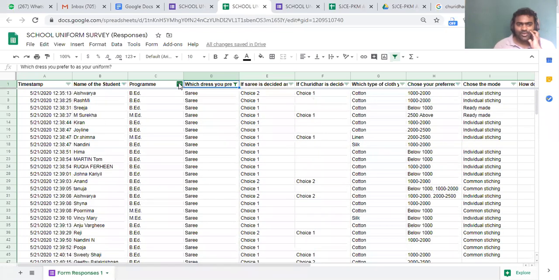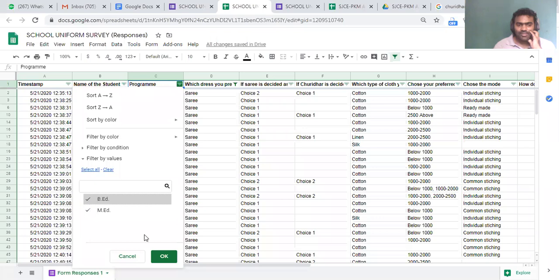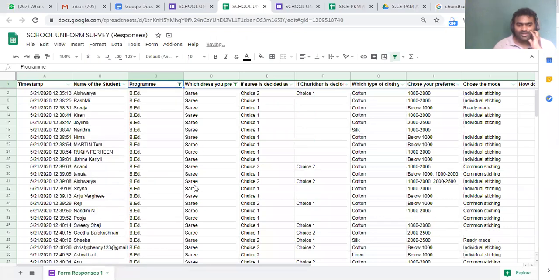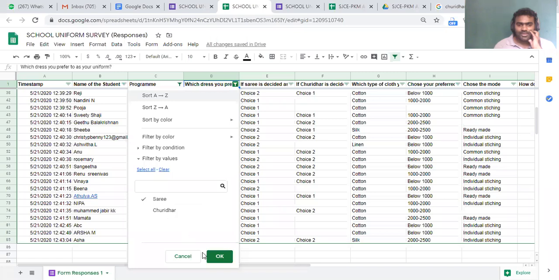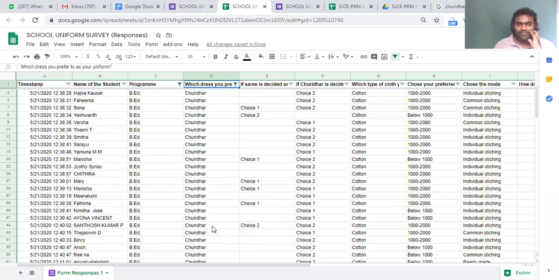Now again I'll go to beard. In beard, sari is chosen by 85 and churidar by only 83. So finally sari would be decided.